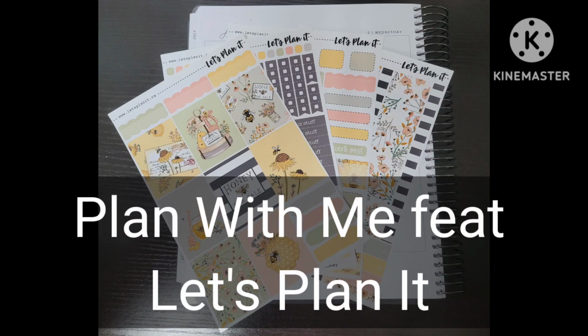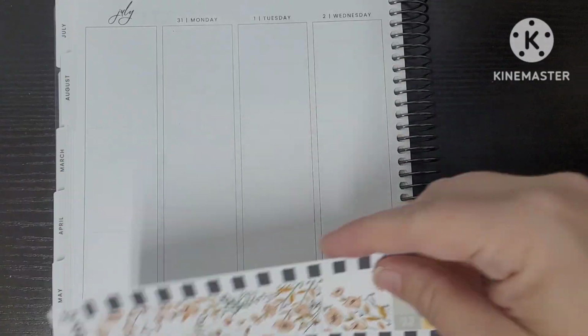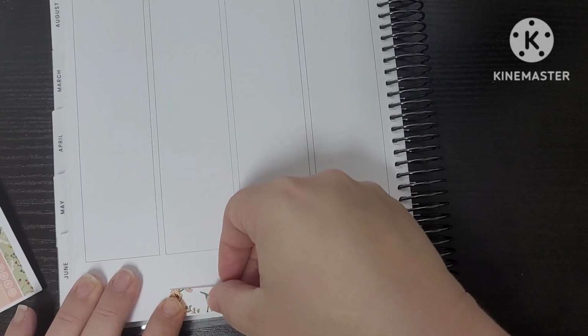I'm coming at you for the week of July 31st to August the 6th. We are finally into August, and is this not the most perfect kit for August? It's the honey kit from Let's Plan It. I've been hoarding it for a little while. I specifically buy it for August almost every year, and it was on sale at the end of last year,